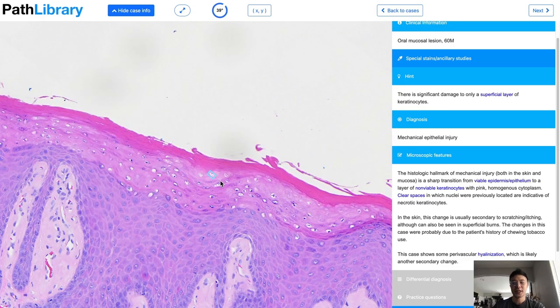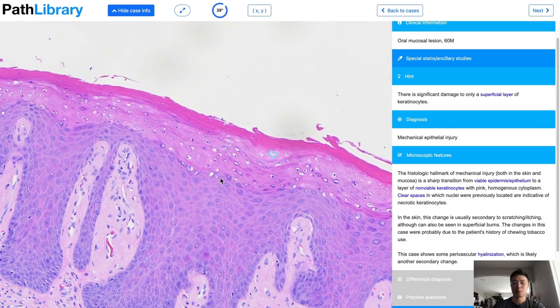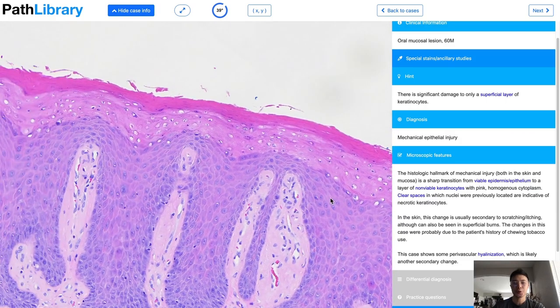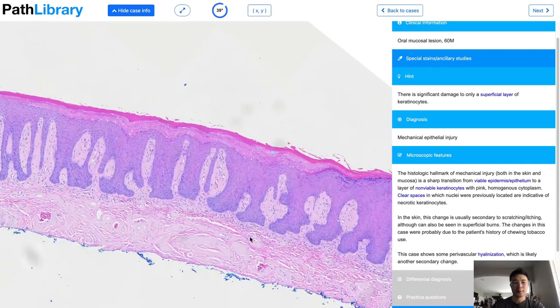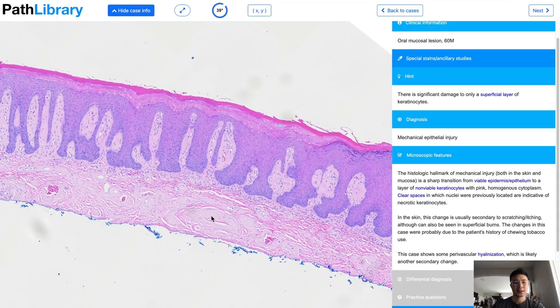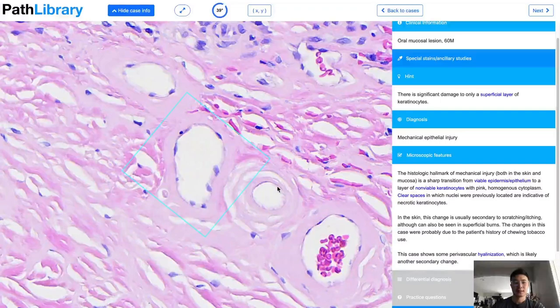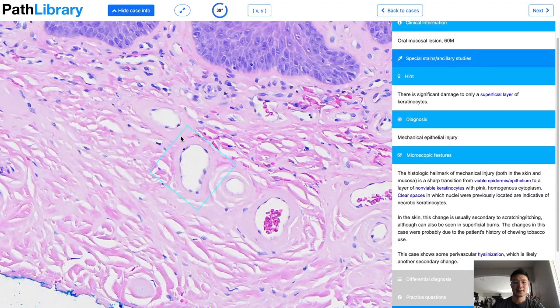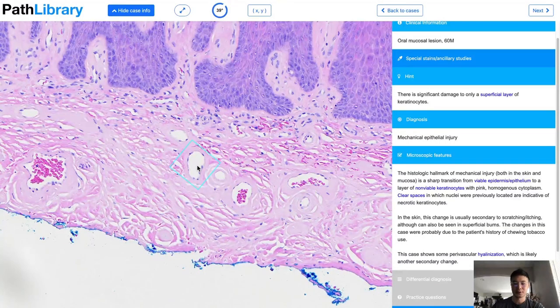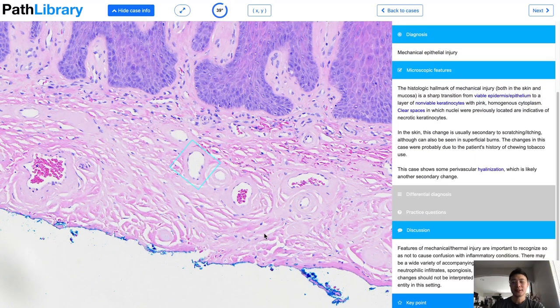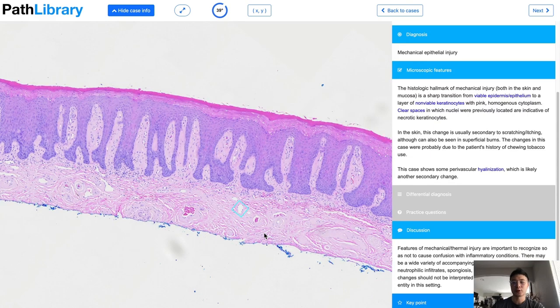In the skin, this change is usually secondary to scratching, itching, although it can be seen in superficial burns. The changes in this case were probably due to the patient's history of chewing tobacco use. And then in the reticular dermis, you see some perivascular hyalinization of the vessels, which is likely another secondary change. Features of mechanical thermal injury are important to recognize so as not to confuse with inflammatory conditions